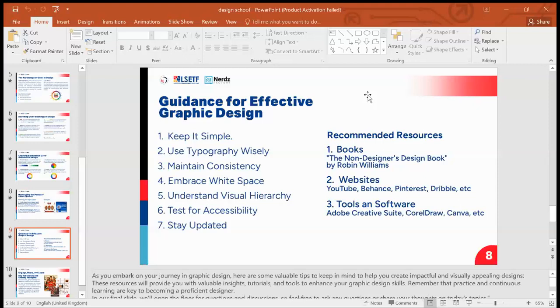Then you have to stay updated in your field, in graphic design, in digital marketing. There are trends, there are new software to use, there are tips, there are guides. There are resources everywhere. You have to stay updated in your respective track or profession, because graphic design and digital marketing can also be a profession. You get. So that being said,